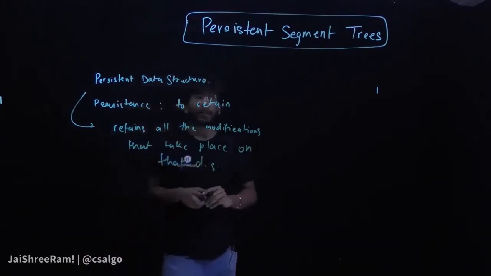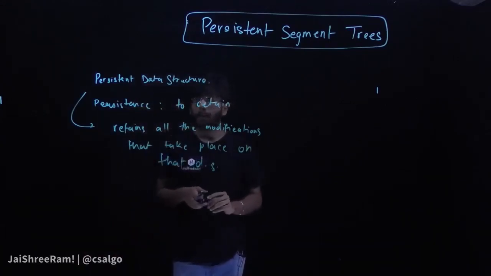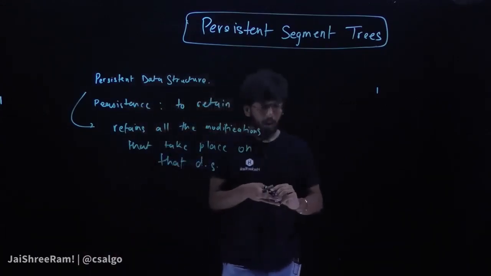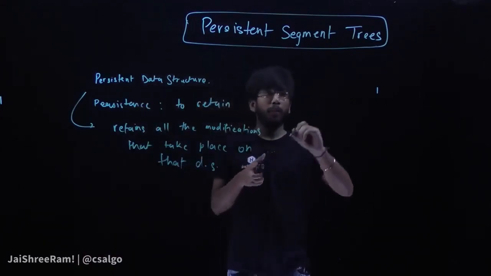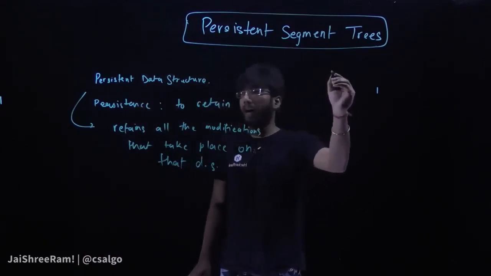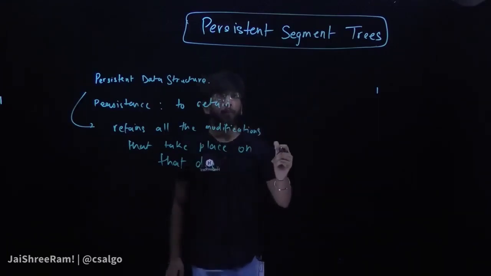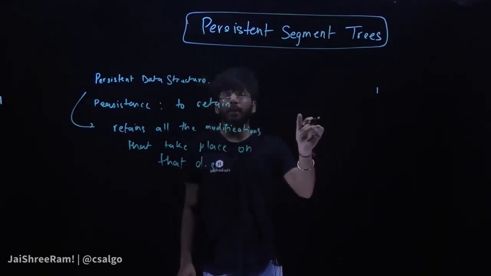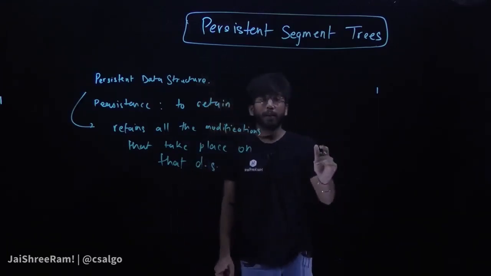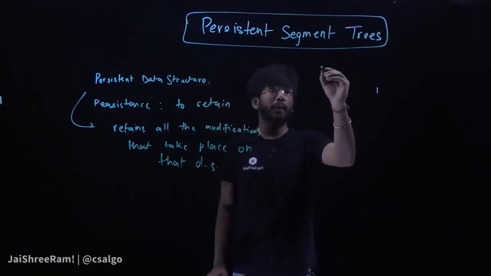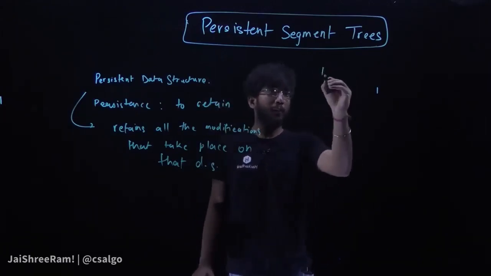So, starting with an example for a persistent data structure, I have a problem that I have taken from Anudeep's blog for persistent segment trees. It's a very good blog and it's worth a read for persistent segment trees. So the question comes